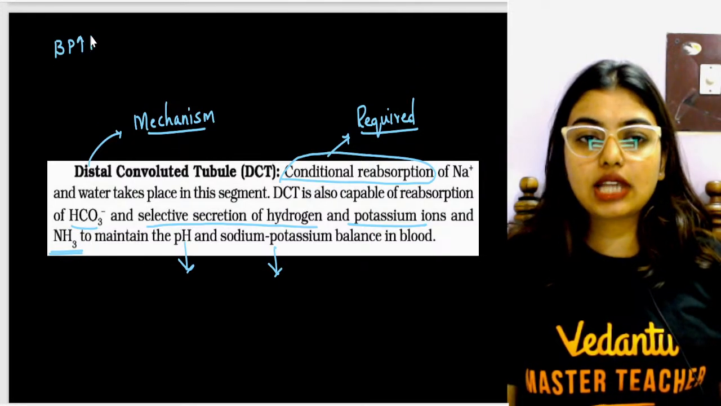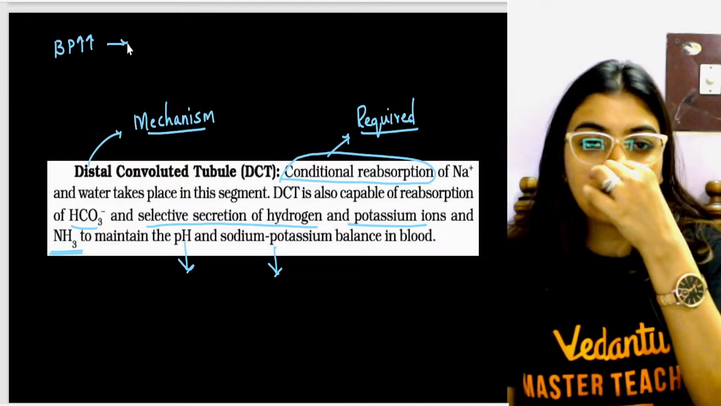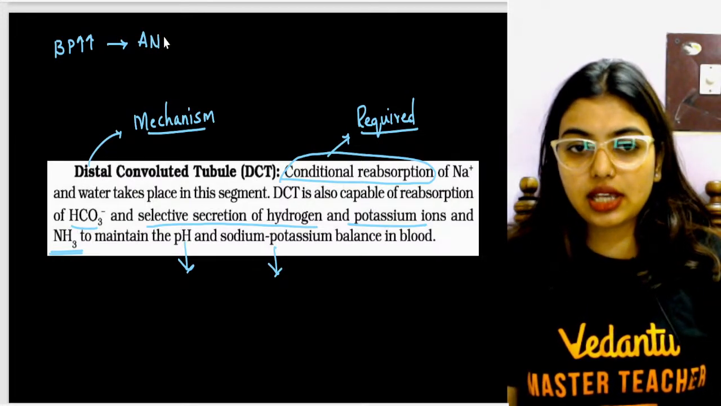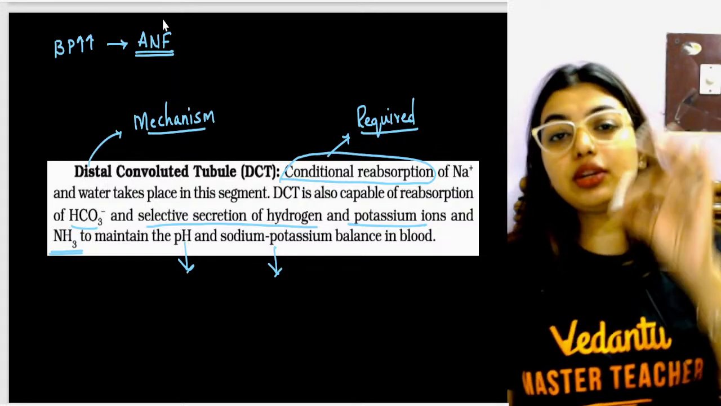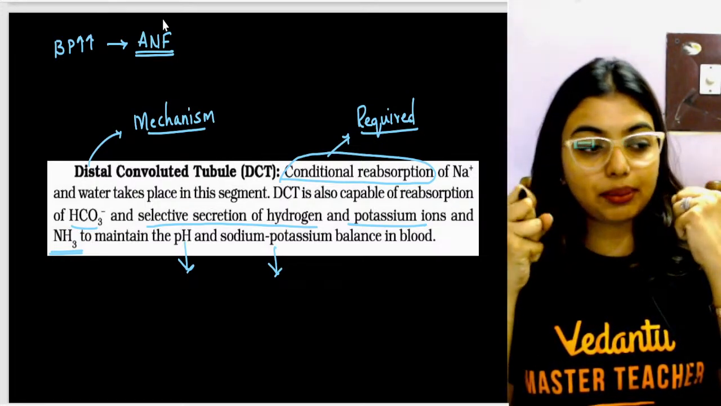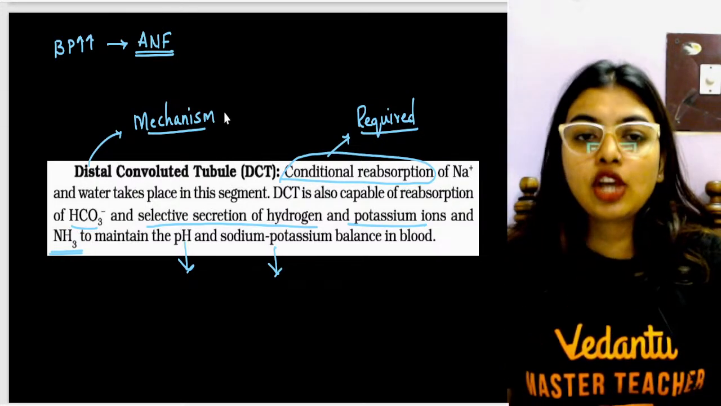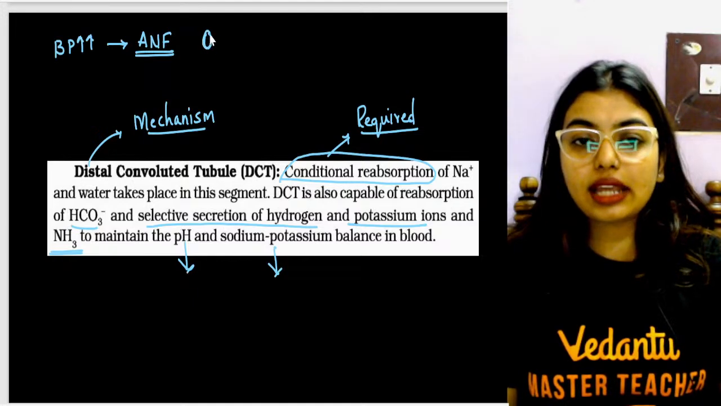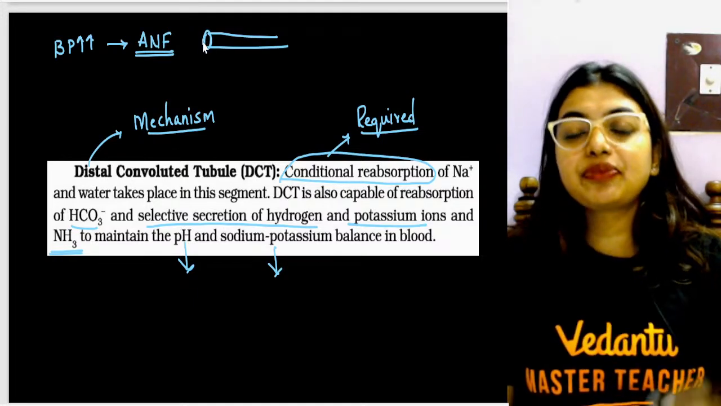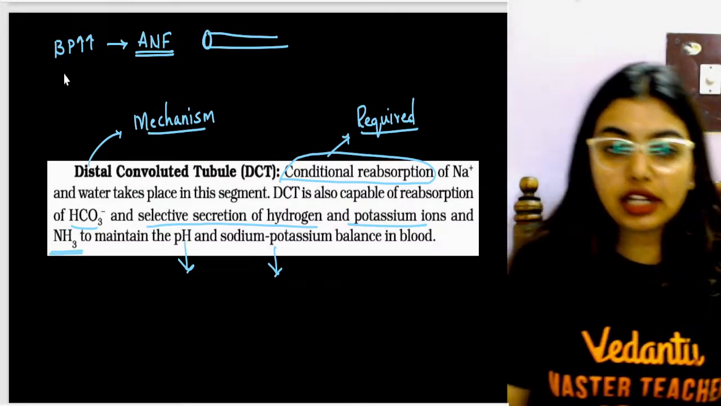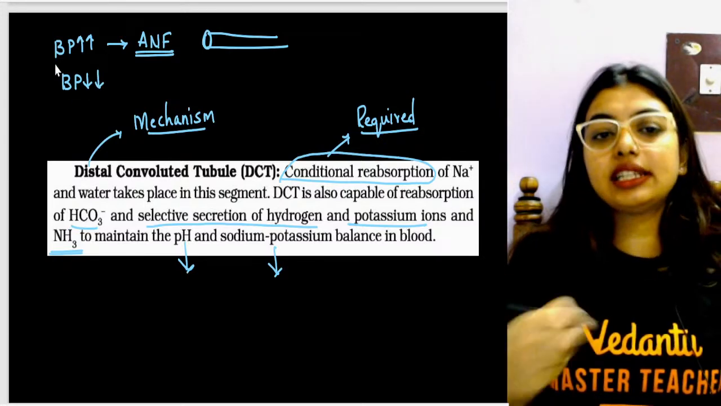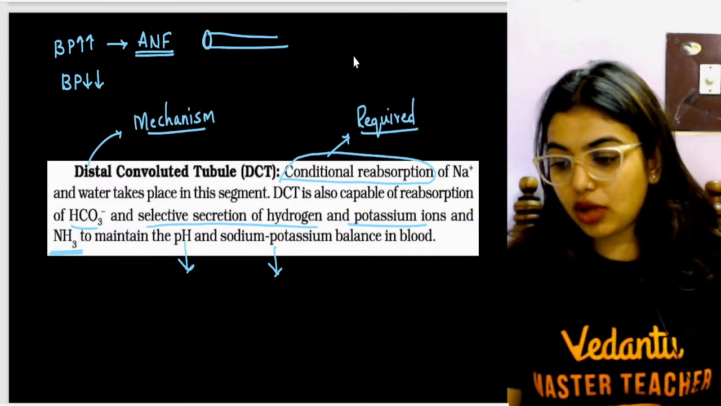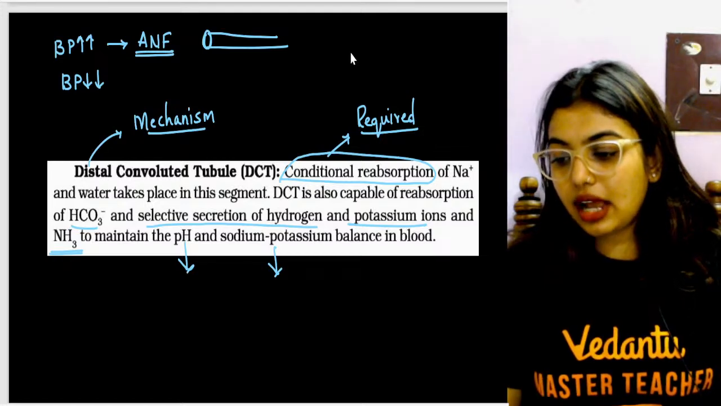So if Mohit's blood pressure is high, we expect that the ANF mechanism works. Yes or no? Atrial natriuretic factor works because the heart will be able to feel the pressure of how the blood is flowing. If the pressure of the blood is too high through the arteries, then the ANF mechanism is going to happen and it is going to lower the BP. Now at the same time, if the RAS mechanism has to happen,